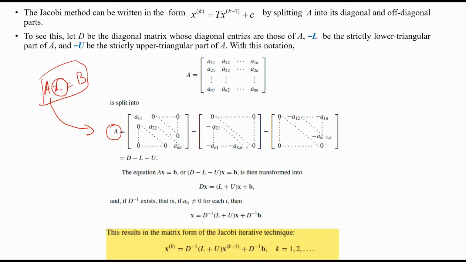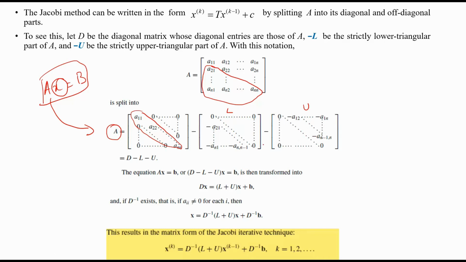The diagonal elements of A. See, these are the diagonal elements of my A matrix, minus a lower triangular matrix, which is nothing but the lower triangular elements of A with a minus sign. This is minus L. I call it L, and this is U. This is L because you can easily see that this is a lower triangular matrix, and this is called U because this is an upper triangular matrix.